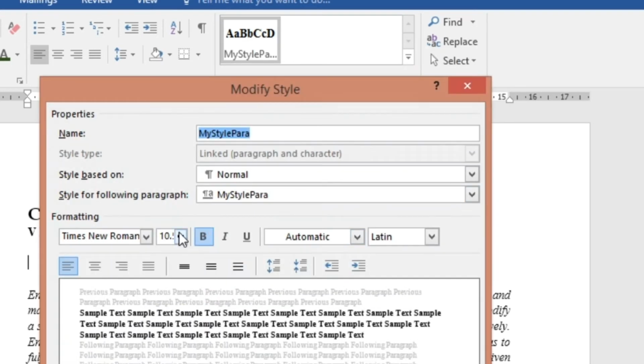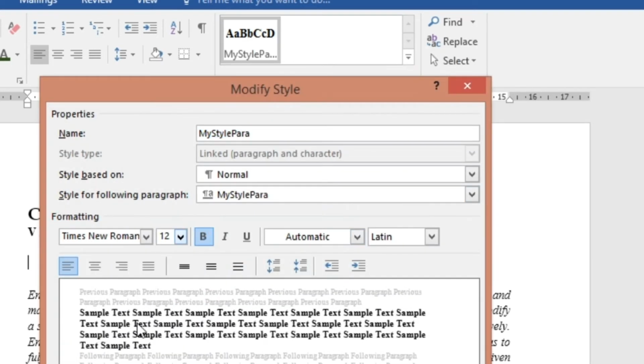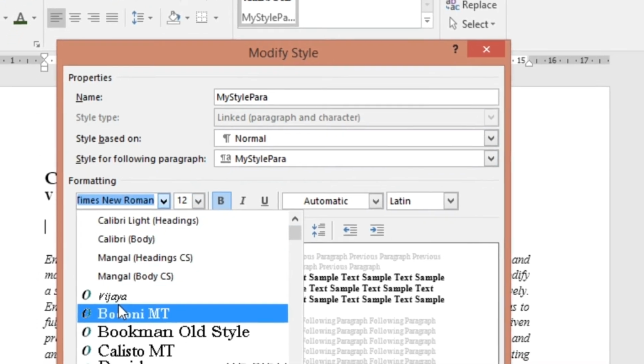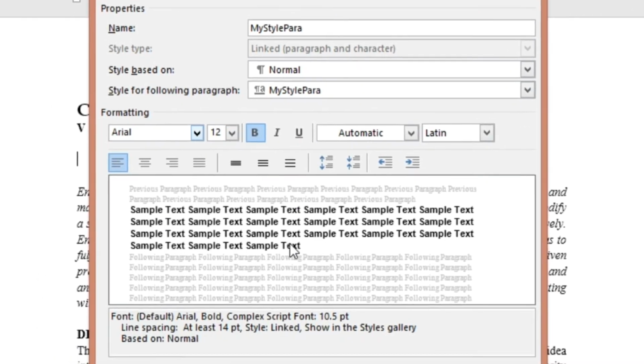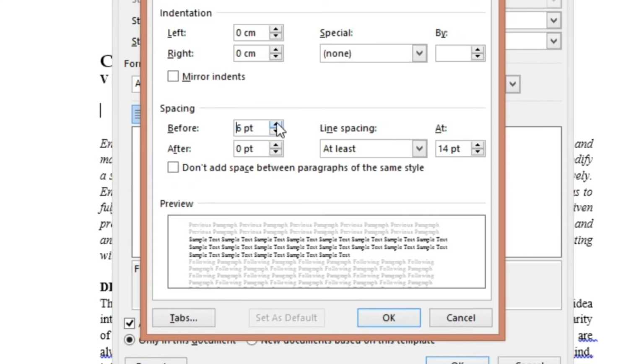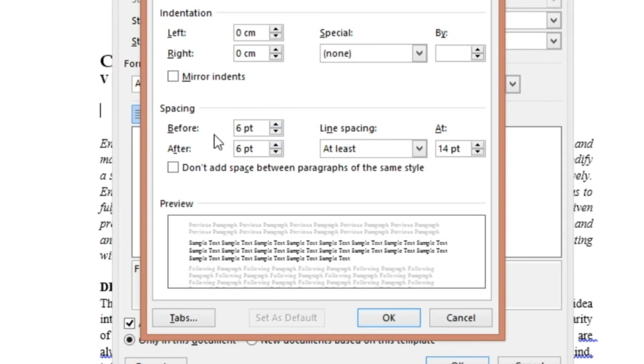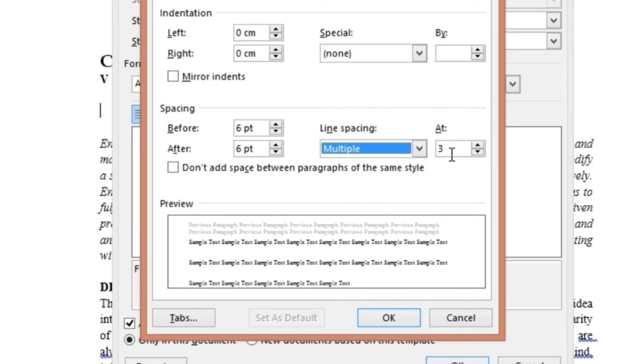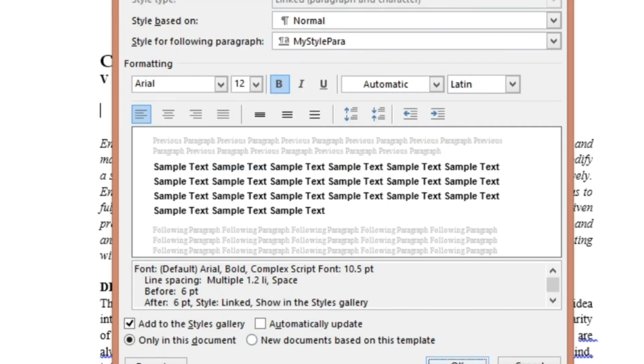When we modify it, let my paragraph be 12 font, let it be Arial, and the paragraph setting 6 point before, 6 point after, and 1.2 line spacing. So that's all for this paragraph.